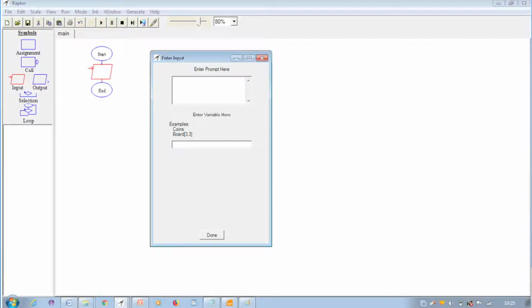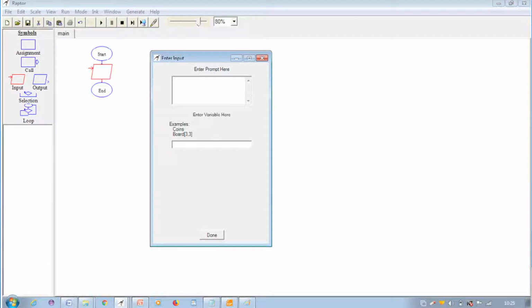In order to draw a flowchart, just drag the symbols from the symbol window and drop on the workspace. By default, the workspace has start and stop symbols. So, you are required to insert the symbols in between them. In order to edit a symbol, just right click on the symbol and choose edit. A window gets open. According to the type of the symbols, certain fields need to be entered. Let us discuss them now.